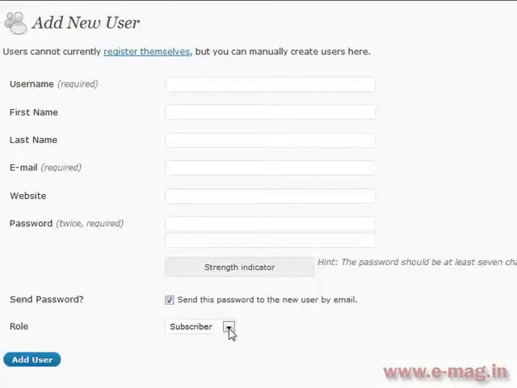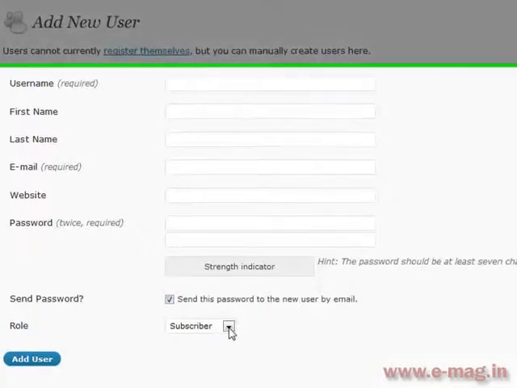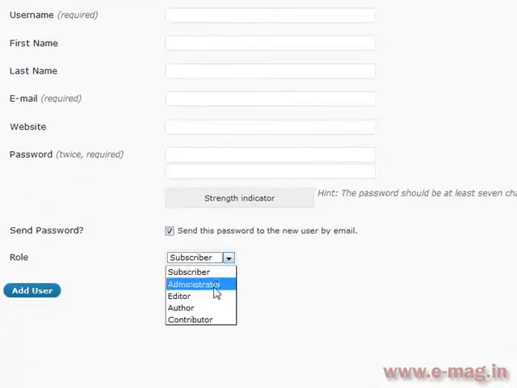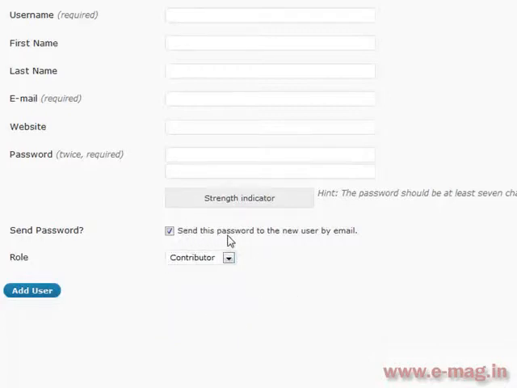Whenever you're adding a user, you want to be able to set the role to whatever they are going to be. There are 5 different roles available: subscriber, administrator, editor, author, and contributor. And what you choose depends on what they're going to be able to do. A subscriber and a contributor are only going to be able to do very, very limited things. A subscriber can only comment and read. A contributor is only going to be able to edit current posts and delete unpublished posts and very, very basic things. Basically, he's going to be able to help maintain some of the content but can't add any of his